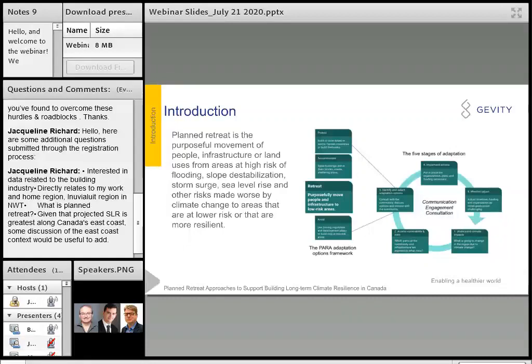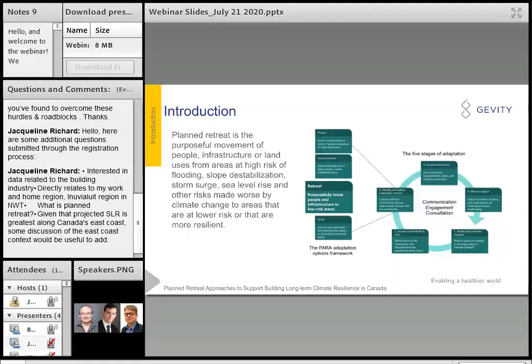So we learned very early on, and this is maybe one of the key takeaways from this report and this webinar, it's important to get your terminology right when working with communities and when beginning to present the idea of retreat. So this comes back to our definition: planned retreat as the purposeful movement of people, infrastructure, or land uses